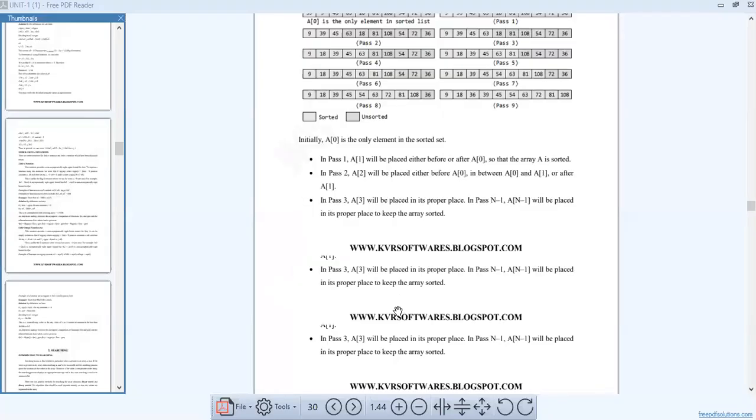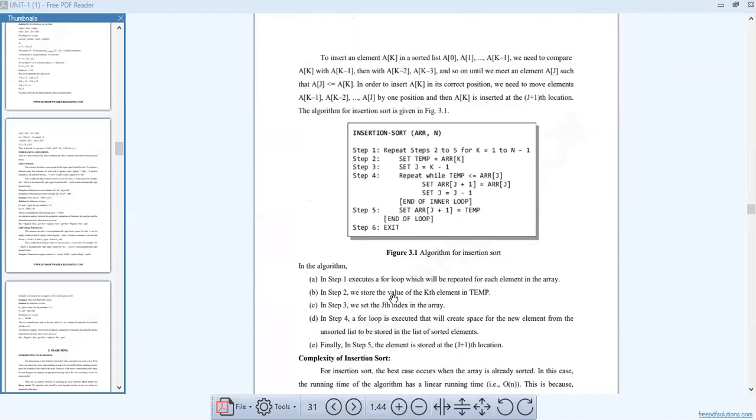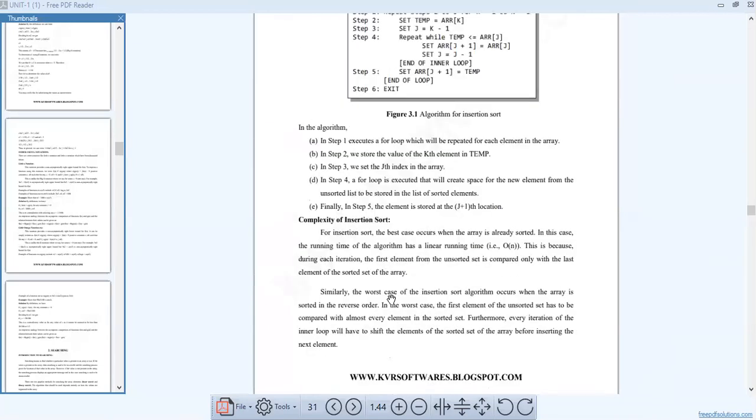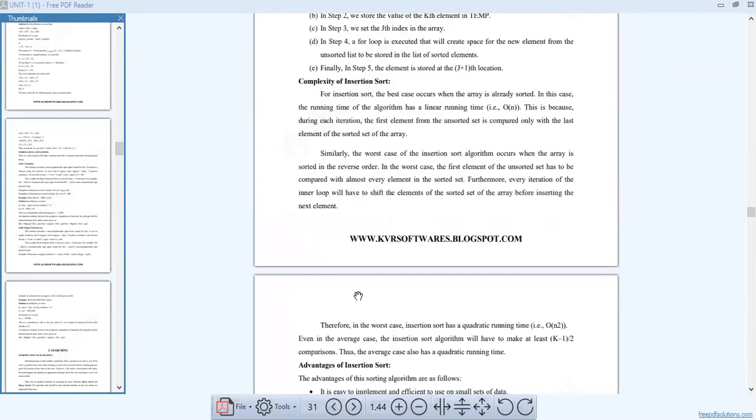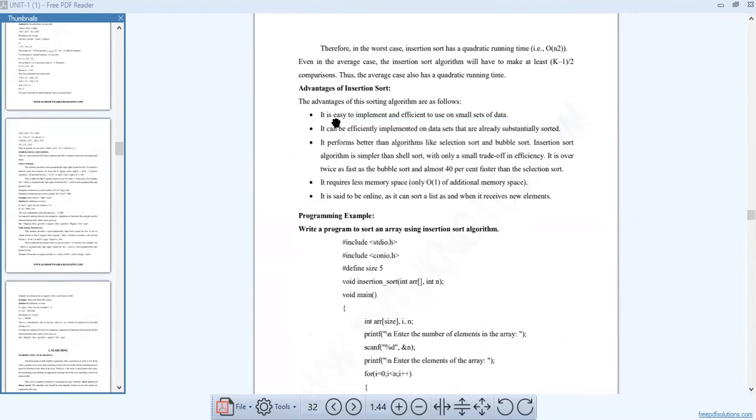See the program implementation. Now I am showing you the type of program so that we'll save our time. The order of n squared is the time complexity for insertion sort, and it is a very time consuming process because if the list of elements is huge, it takes more time. We compare the elements, because every time it needs to shift the elements in the sorted and unsorted order. So this is not suitable for a huge number of elements actually. But the advantages are that it is easy to implement and efficient to use on a small set of data.